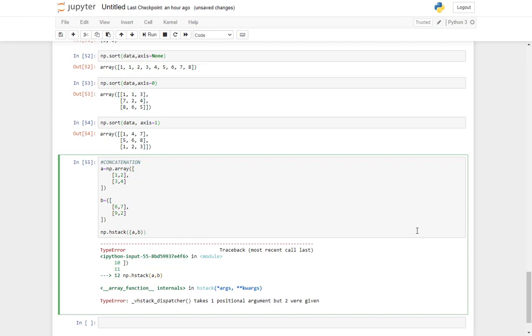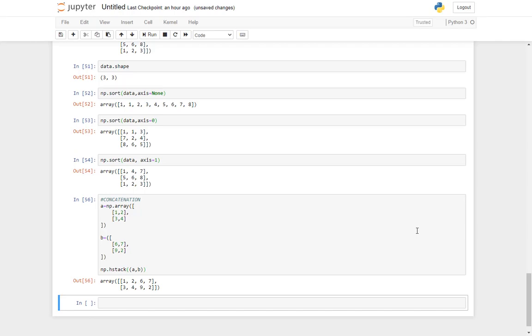Maybe 2 braces. Yeah. So if you see, the arrays are concatenated in horizontal direction. First the A array, then the B array. And this is your A and this is your B.